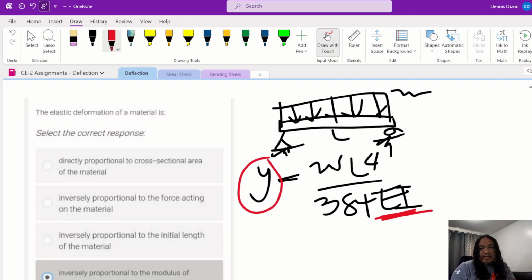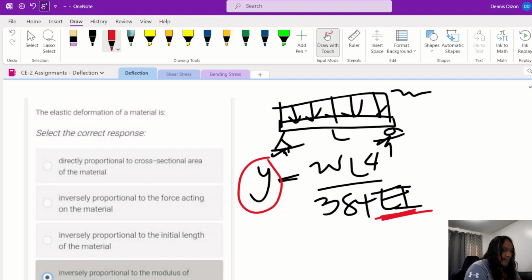The more stiff the section is, the smaller the deflection would be. So the first choice is, is the elastic deformation directly proportional to the cross-sectional area of the material? So when we say directly proportional,